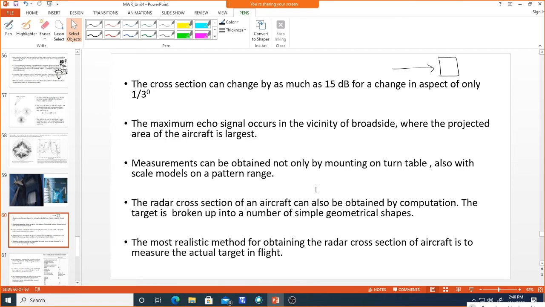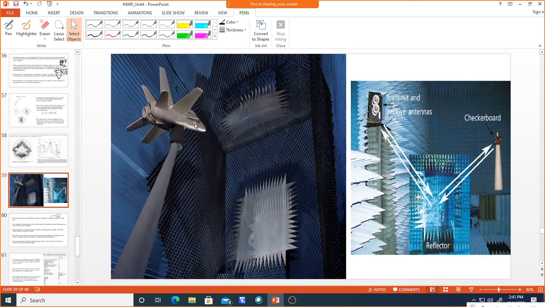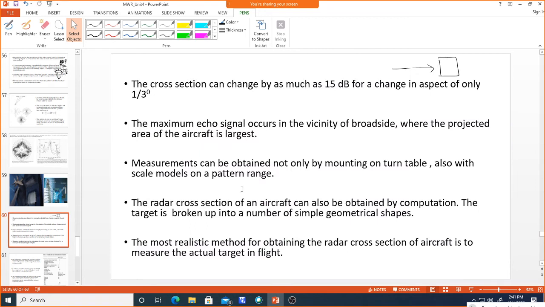Okay, so this aircraft, as I said, we can take a simple wing itself as one individual target, or the backside profiling engine as an individual target, and you can see here. So these wings you can take as individual targets, and the profiling engine as well, and the nose, which is the same as a cone sphere, you can take as an individual target. All of those you can compute individually, and you can get the total RCS of the aircraft.